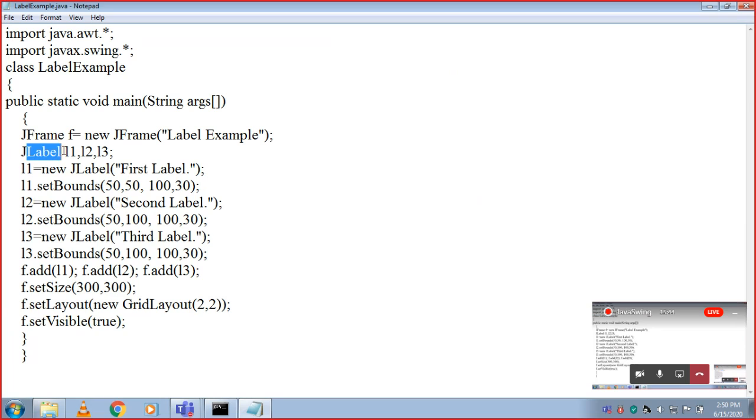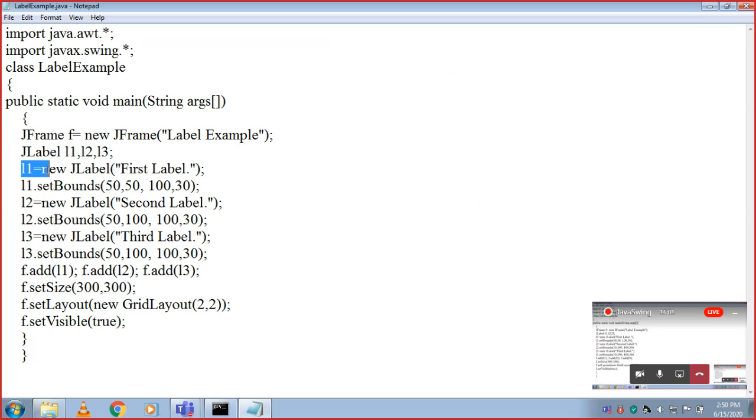And we are creating 3 instances of the JLabel class, just like variables L1, L2, L3.